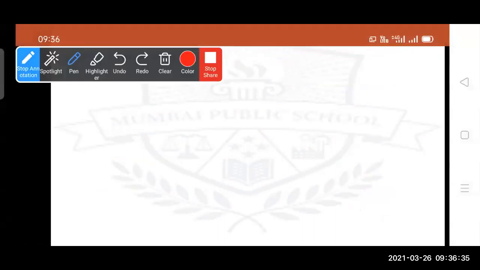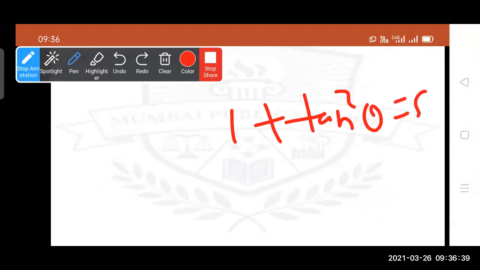And the type of questions that can be asked from this chapter. For 1 mark, tan theta is given, find the value of sec theta, then apply the identity, that is 1 plus tan square theta is equal to sec square theta. Okay. Now next, for 2 mark questions,